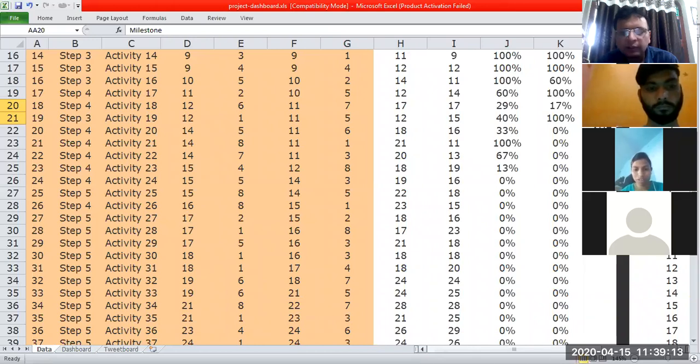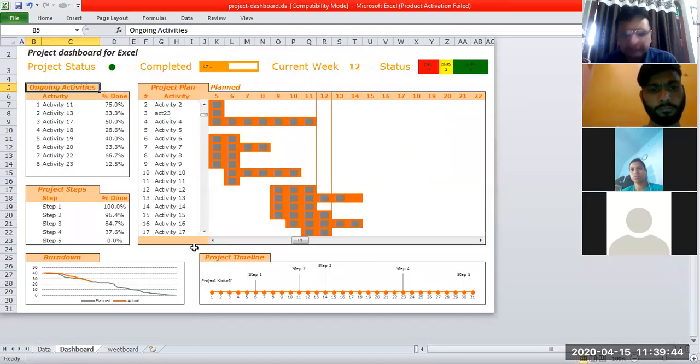These facts are simply showing how the different activities are performing against the plan. So for this, some graphics have been created with the help of some simple Excel formulas, right? I'm not going to tell you how to develop those graphics. That will be done by the technical team in your company. But this is one example which will give you an idea how to utilize Excel for monitoring the progress of any project in your company. So we have this dashboard ready with us.